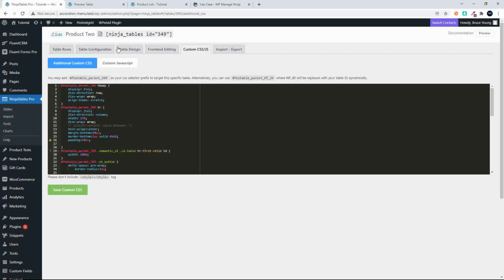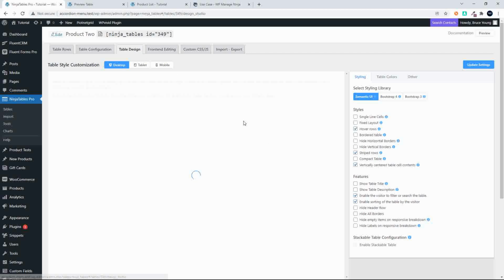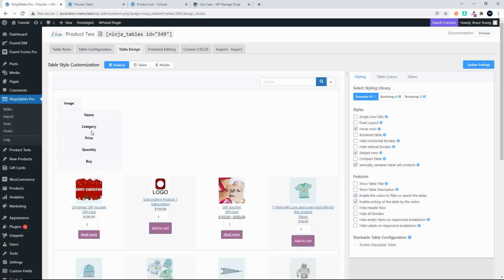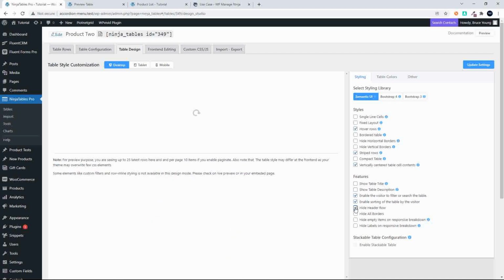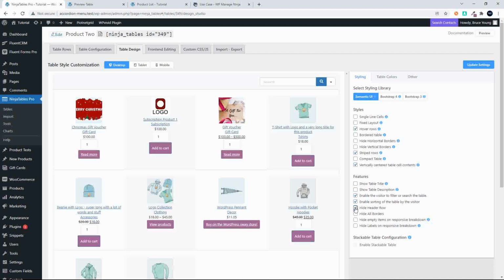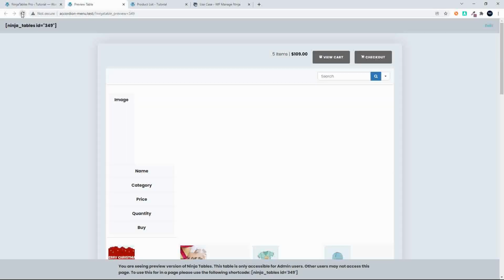Right, then what we're going to do is we're going to head over to the table design, and we don't need that header row that you see over here, because now we're not using that. So what we'll do is we'll remove that from the list of options available. So we'll say hide the header row, and now you'll see we're getting pretty much close to what we had. And what you also saw is that we have a much larger image in the table view than you see here. So when I refresh here,